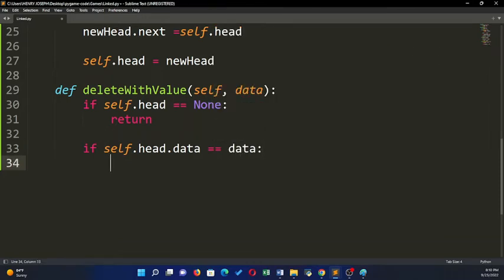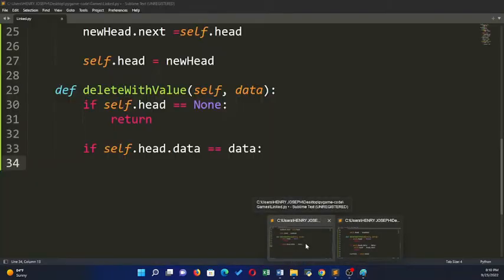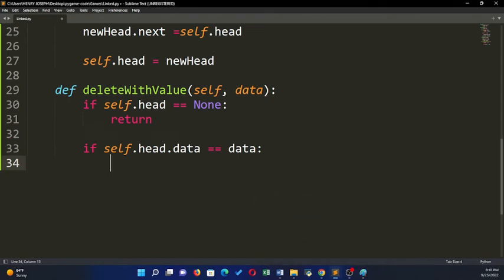What we shall do, we shall say now, when you're deleting information in a linked list, if I wanted to delete this node, what I would do is get this node, remove it out of the equation, and then point its previous node to the next node, meaning that I've deleted it. So in this case, if I wanted to delete the head node, what we shall do,